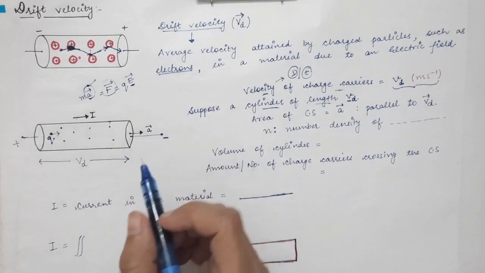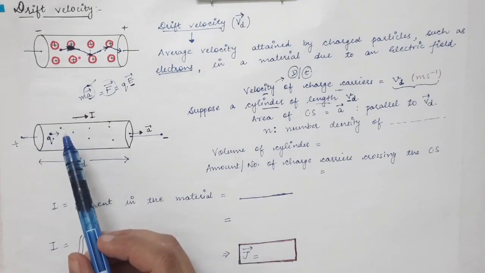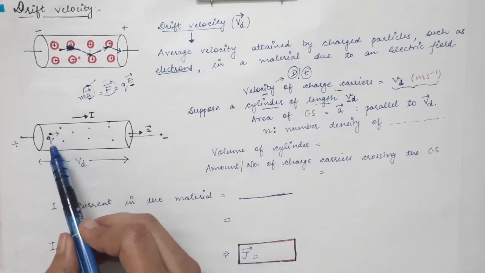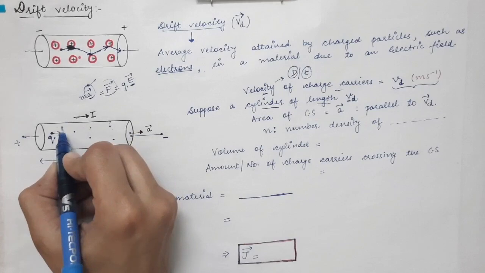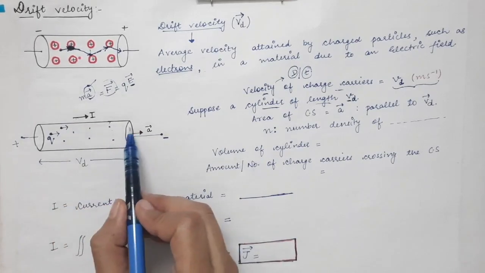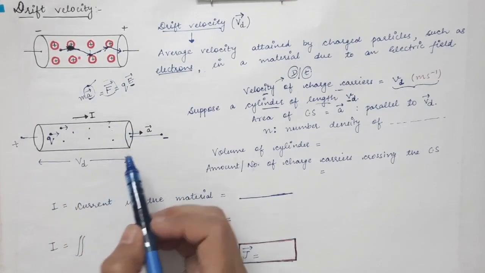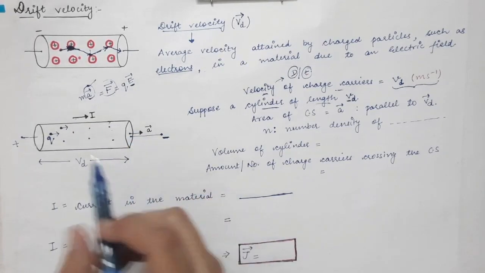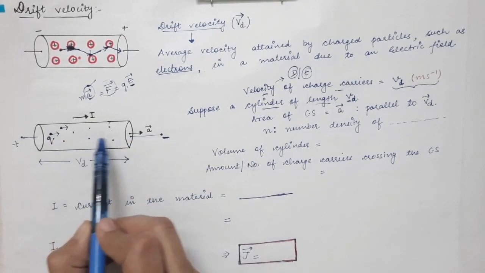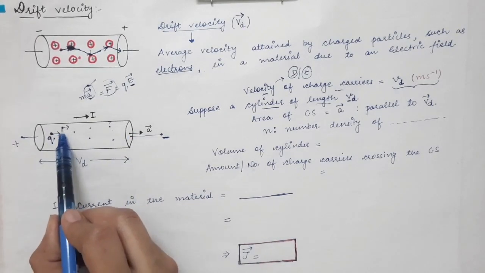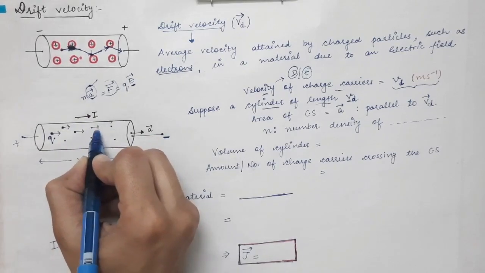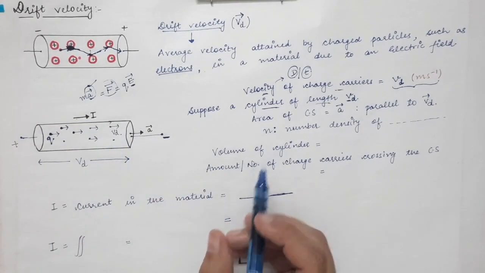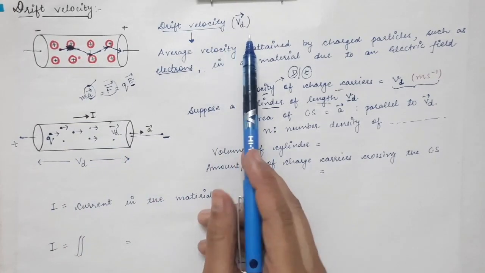So I am supposing that the charge carriers are positive. They can be negative, but here I am just supposing for the derivation that they are positive. So the charge carriers will be moving towards the negative end of the conducting material. Here I have applied the negative terminal, so this end will be negatively charged. So the charge carriers will be moving in this direction. Every charge carrier will be moving in this direction with velocity Vd. Every charge carrier will have a drift velocity of Vd.